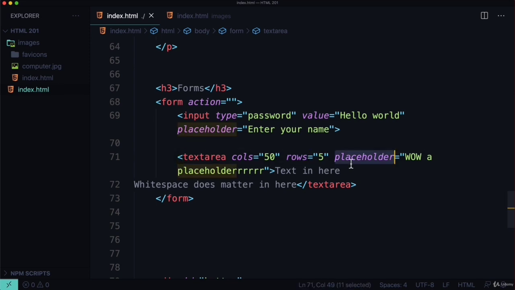The placeholder is the exact same, but the value actually goes between the opening and closing HTML tag. At this point in time, I would like you to give this a shot, create an input, and then create